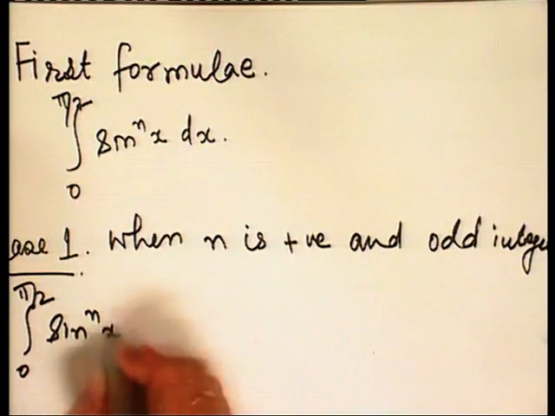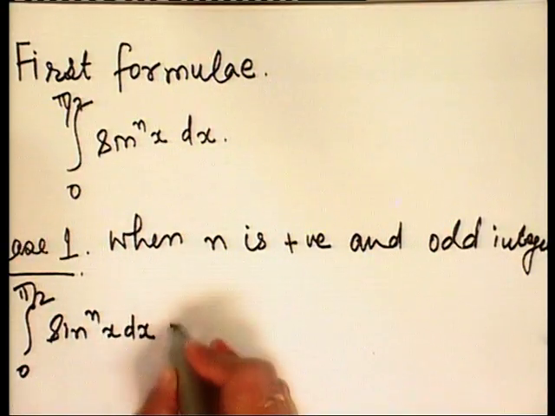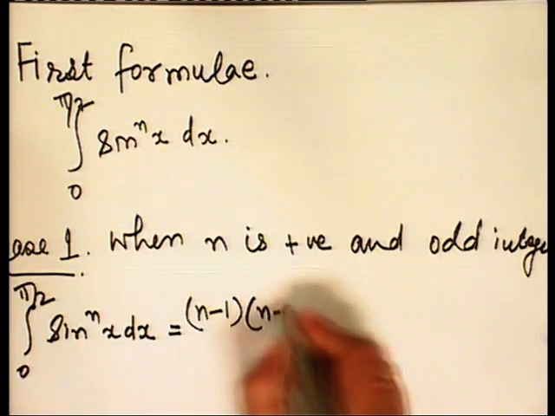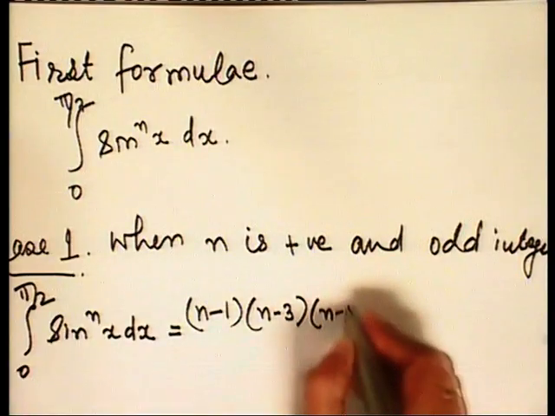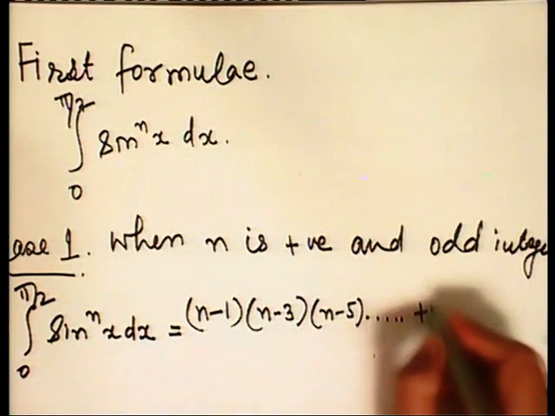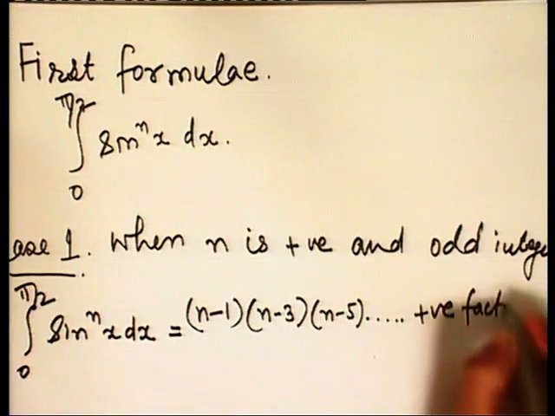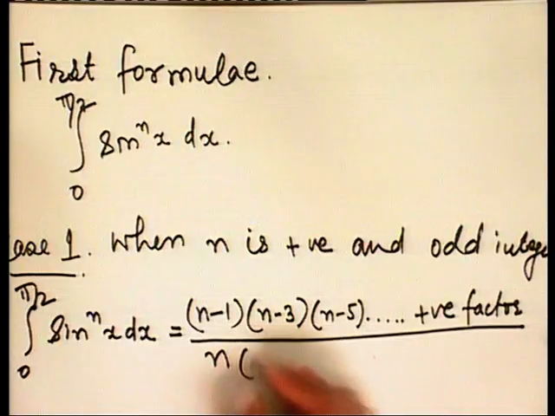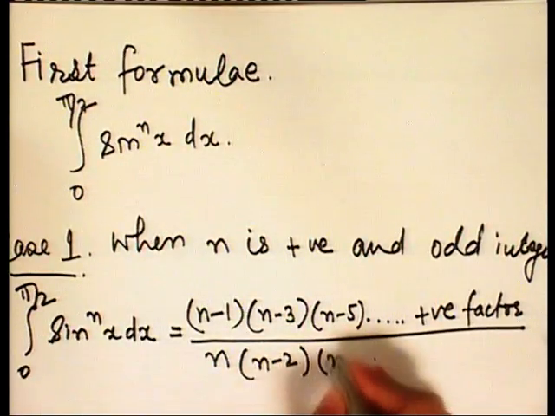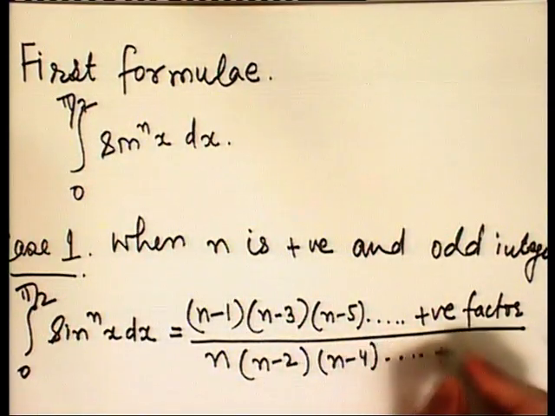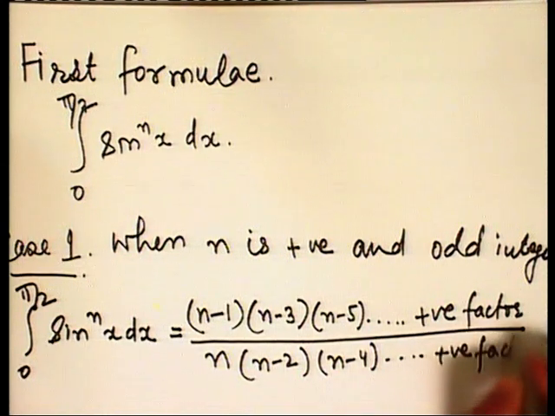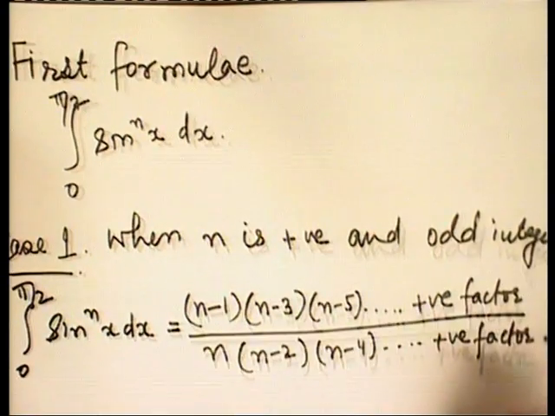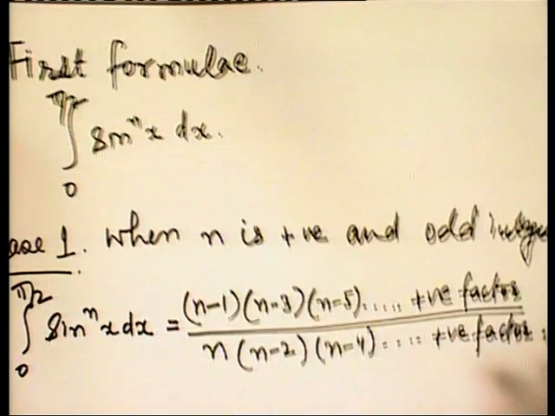sin nx dx is equal to n minus 1, n minus 3, n minus 5 up to positive factors upon n, n minus 2, n minus 4 and so on to positive factor. Now the question based upon this formula is